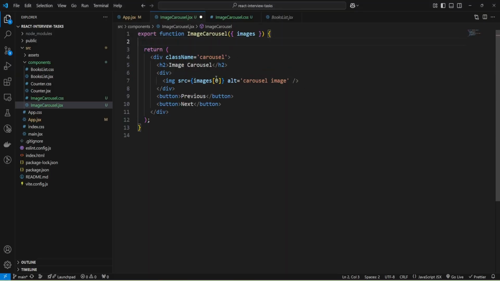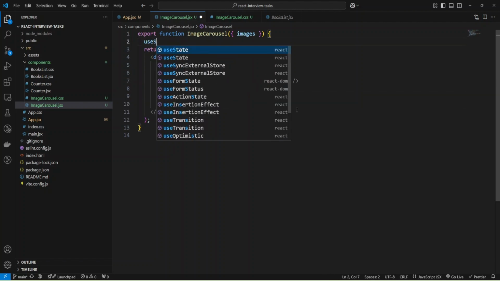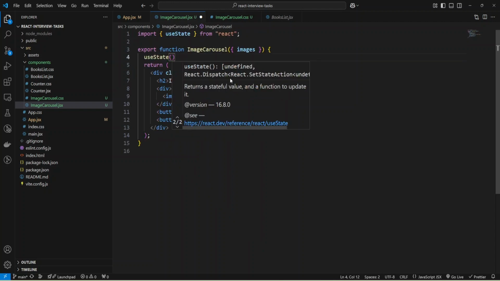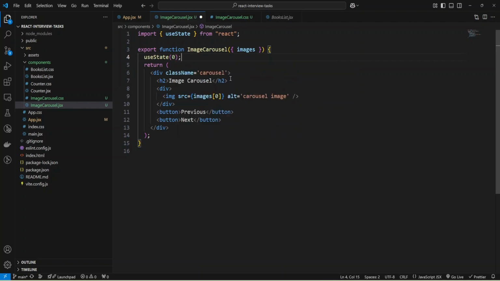Now we can add an index state to change the index of the images, and we'll change it by clicking the button. I'm going to add the useState hook, and as you can see, the import was added. Initially it will be 0, the first item in the array. Let me add names: the state will be index, and the function to change the state will be setIndex.